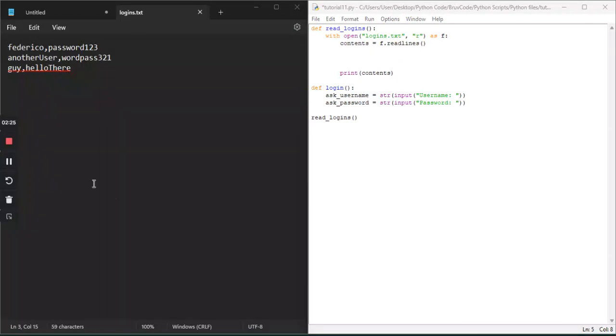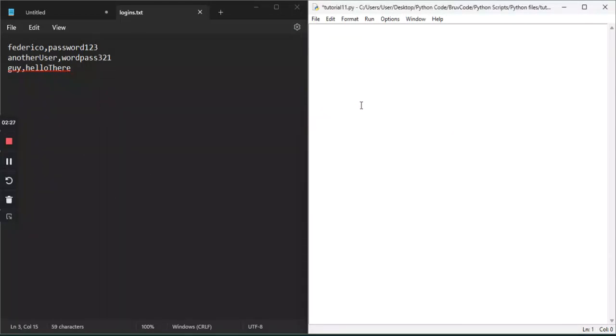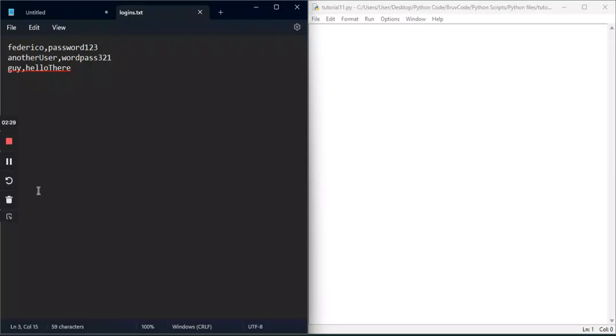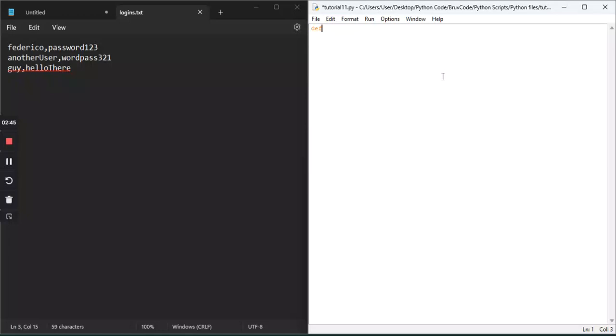So here I have a separate logins file. I have a login text file, so it has the list of usernames. This has 3 users, but you can register more users if you want. Now let's start writing the script. So we're going to define login. Just say def login. It doesn't take any